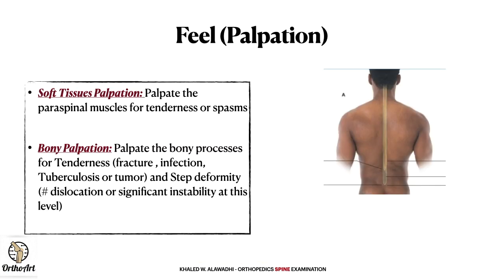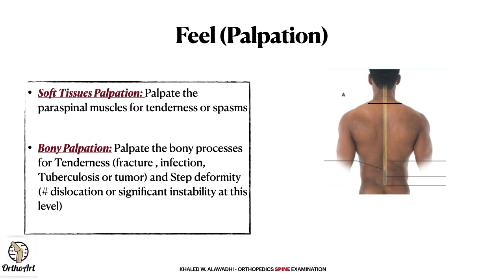You want to be a professional, safe doctor during examination. So in palpation, you palpate for two things: the soft tissue palpation and the bony palpation. So I'll show you now in a picture. So the spine is divided into two sections. The black line, the top will be the cervical spine palpation,